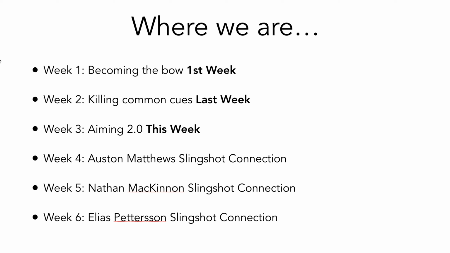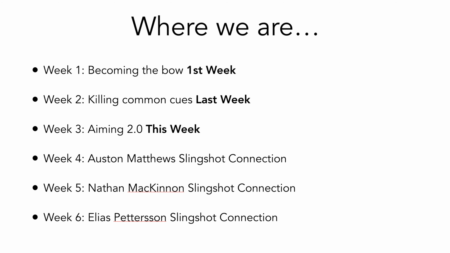So you're not going to be able to do too well with aiming 2.0 if you haven't killed the common cues and haven't understood how interpretation of cues matter, and also if you haven't figured out becoming a bow, using the stretch and bounce of your muscles for the slingshot. So if you're having any trouble with aiming 2.0, you're going to want to go back to weeks 1 and 2 before you get to here. But now that we are here, and if you have dominated weeks 1 and 2, well, then it's time to